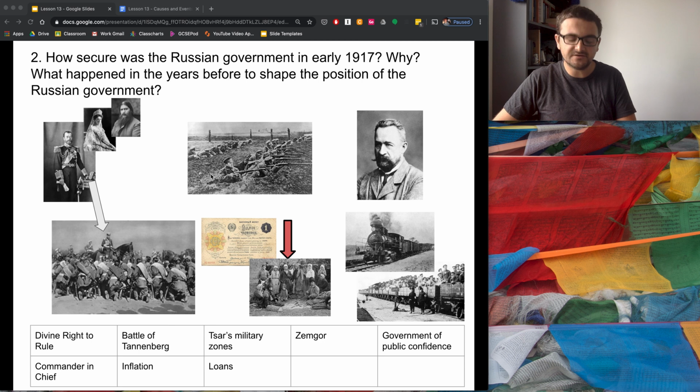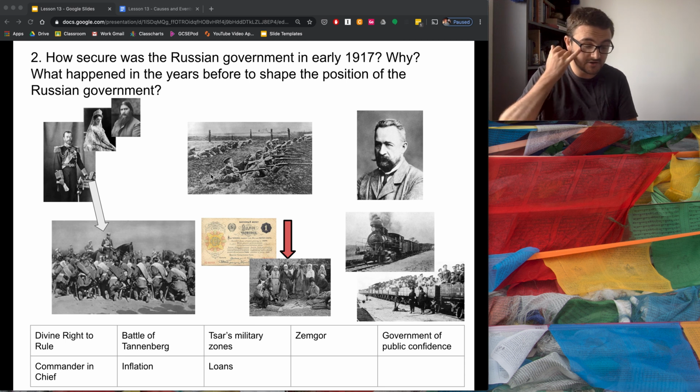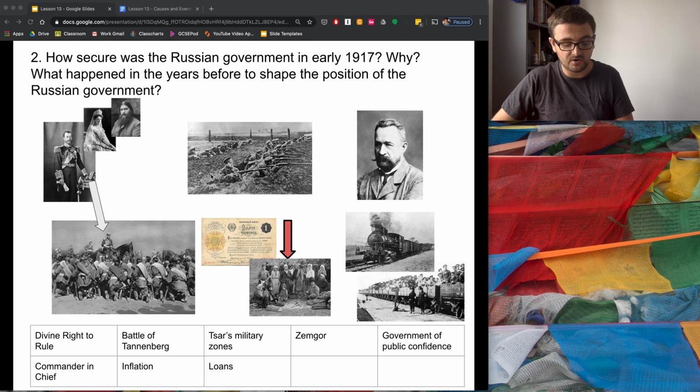Now, the majority of the war went really badly for the Russians. For example, just to give you one flavour of this, there was the Battle of Tannenberg, which left 30,000 Russian soldiers dead or wounded. In total, around 12 million Russians had been mobilised into the army, and those 12 million soldiers were incredibly poorly equipped. Everything from weapons, clothing and food, they struggled to get a hold of.